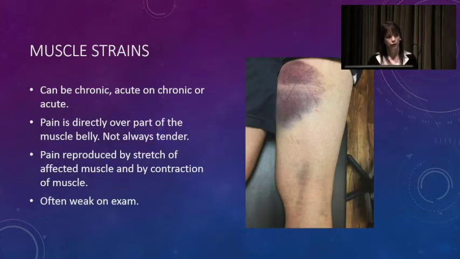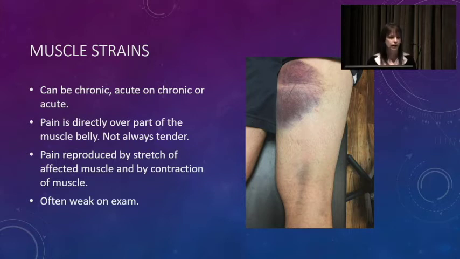So going through each of the different types of injuries, muscle strains on exam, they're going to come in complaining of pain. They will usually point to somewhere along the muscle belly itself. It's not typically a hard diagnosis to make. The child itself will sometimes come in and say, I pulled my quad muscle or my hamstring is hurting. They even know essentially what the diagnosis most likely is.